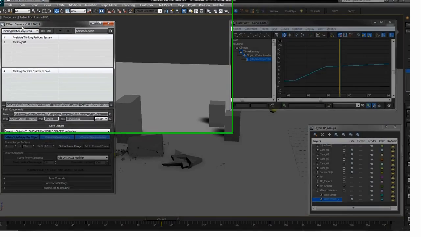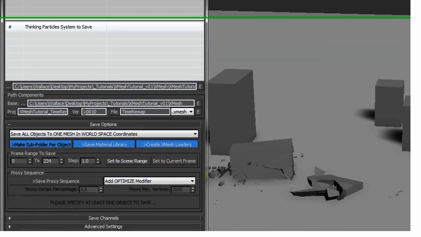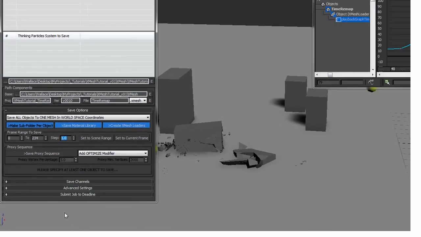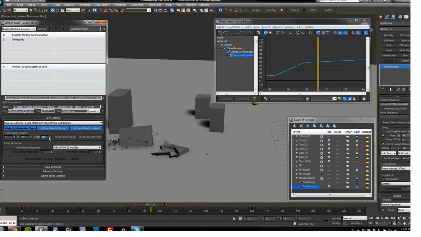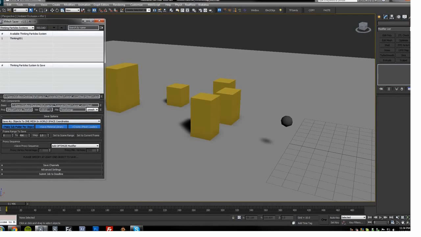Now this is xmesh 1.0.1. In 1.0.2, they actually changed this to a drop down, and it gives you samples. So from 1 to I think like 200 samples, you have an option. In this version you can only go up to one substep, and actually it goes in reverse. So just to show you what I mean